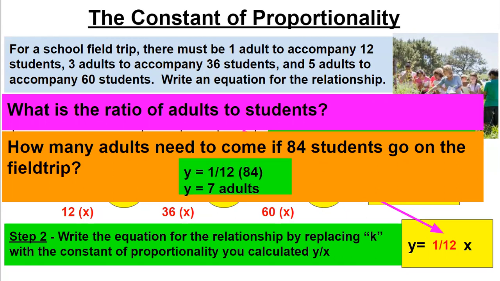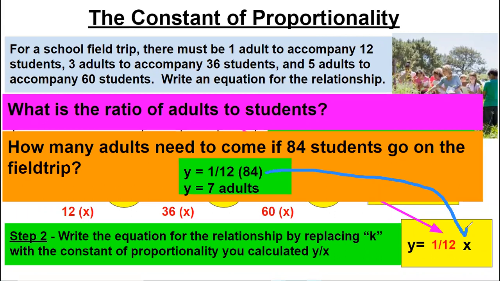Well, y is equal to 1/12 x. And then you're going to put in 84 for this x here, because x is the number of students. So then what I'm really doing is multiplying 1/12 times 84. If you want to use your calculator to change 1/12 into a decimal, it would be 1 divided by 12 on your calculator, or you could use a fraction and you could do 1/12